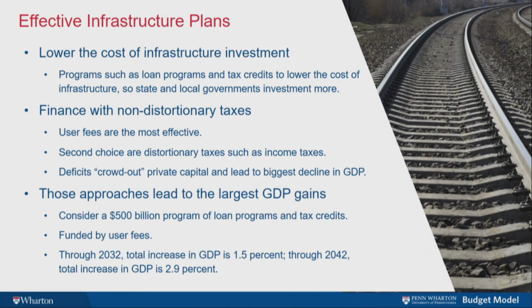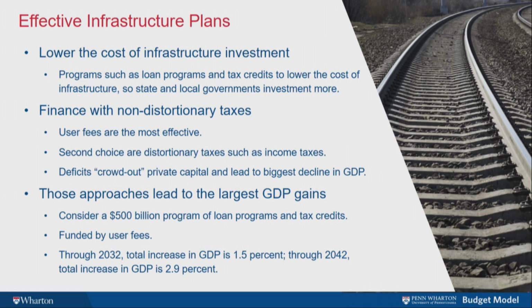So with those lessons, I'd like to conclude by talking about what makes for an effective infrastructure plan. And I think there are two key features here that will make for an effective infrastructure plan generally. The first is that we need to lower the cost of infrastructure investment for states, local governments, and in some cases private entities. We need programs that lower the cost, and the ones we have now are like tax credits and loan programs. We want them to invest more. The second thing is we want to use the most effective tax that we can, and we like user fees. If those aren't available, the next most effective tax are